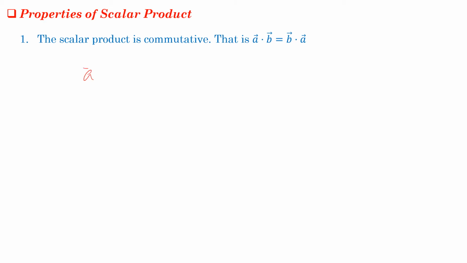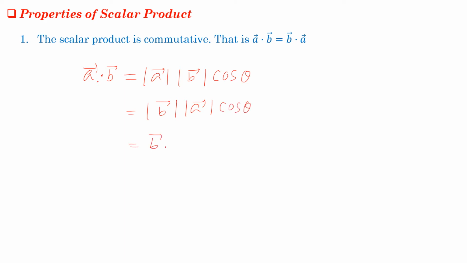Because a bar dot b bar is equal to modulus of a bar, modulus of b bar, cos theta, and that can obviously be written in this way: modulus of b, modulus of a, cos theta, and it is obviously b dot a. So we see that a dot b is equal to b dot a. Then